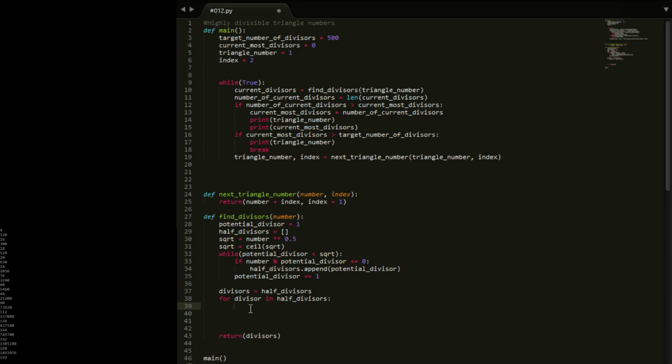So, for divisor in half divisors, for each number in this list of divisors, we want to say divisors.append, and what we want to append is our number divided by the divisor, and this will give us a new divisor. So if I print out divisors down here and I print out divisors up there,